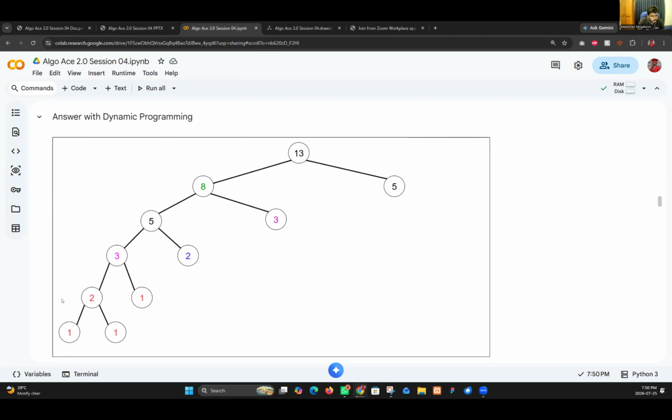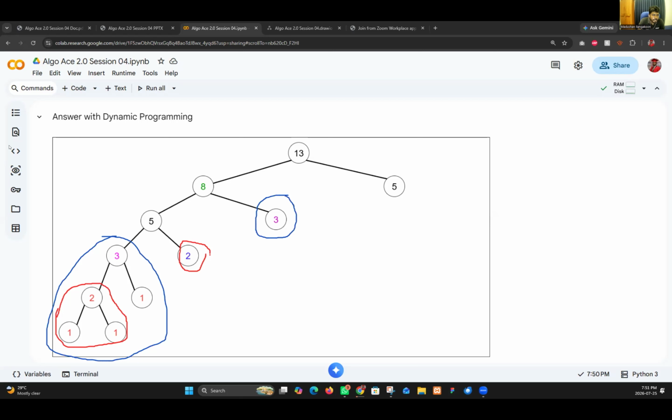These things will connect to this, and these things will connect to this, and these things will connect to this.